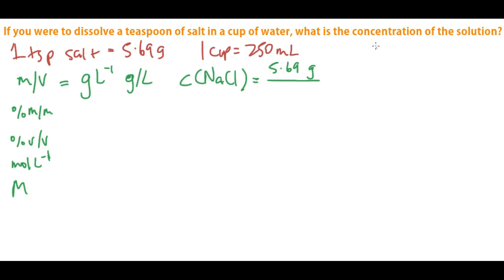Now we need to convert, because we know that for every 1 liter there are 1,000 mL. So 250 mL is 0.25 liters, which should give us a concentration of, nope, that's not the correct one, 23, there we go,